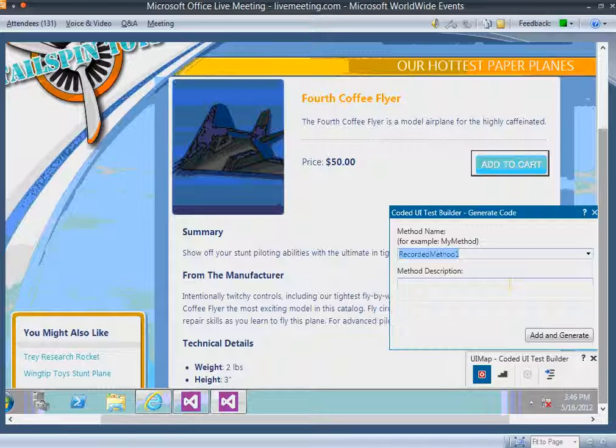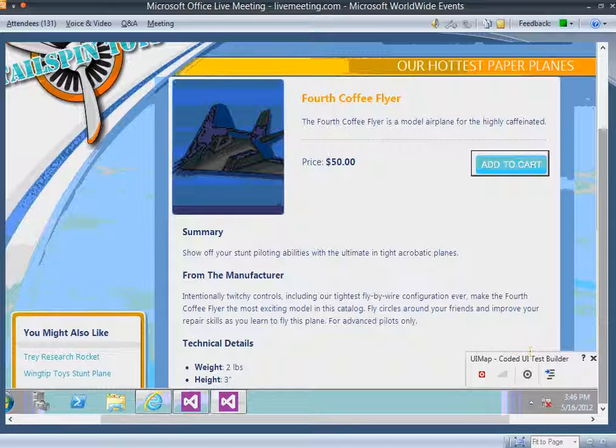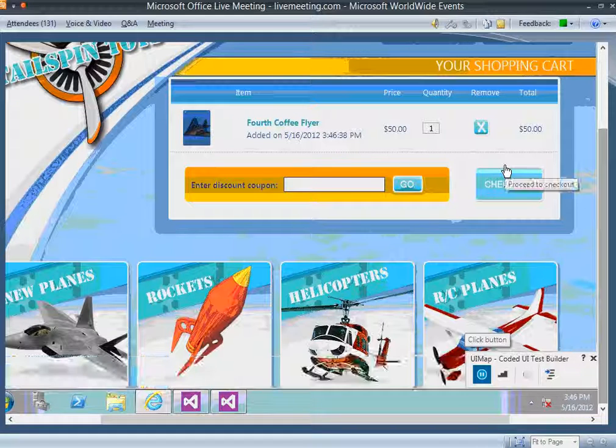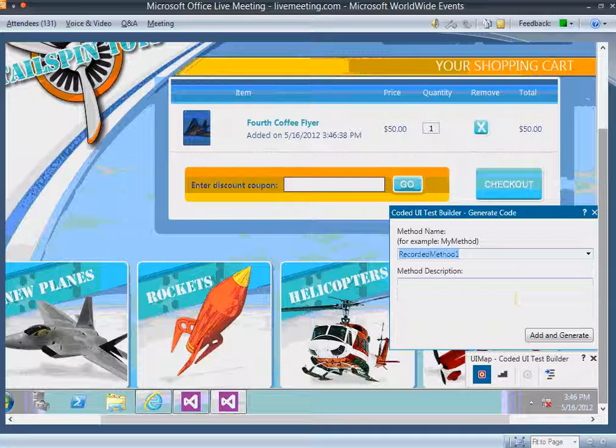So we have done certain activities, so I'll name it model airline, right? I'm again naming a particular method, and I'll say add injected. Now again the second step got added. So again resume the recording, click on add to cart. Again probably I'll generate another method called